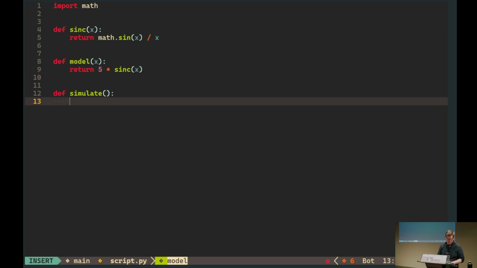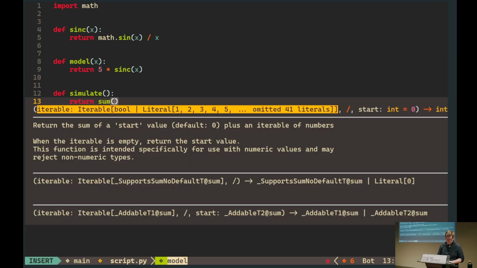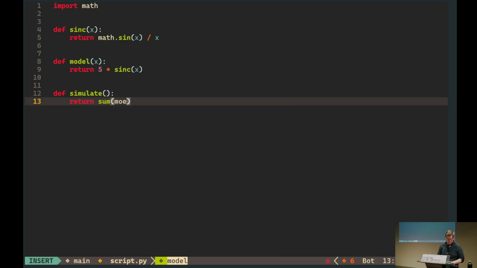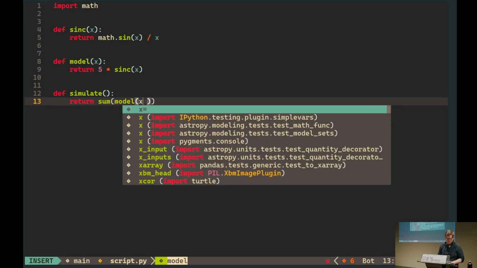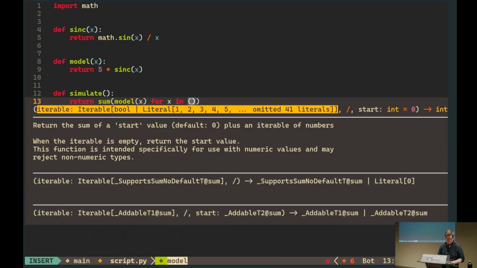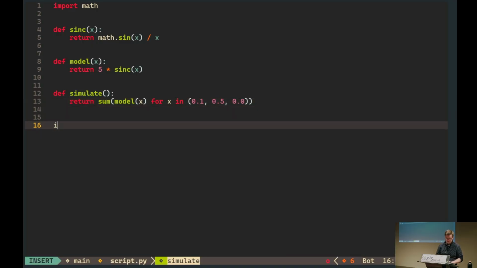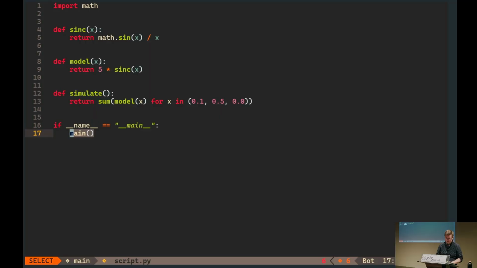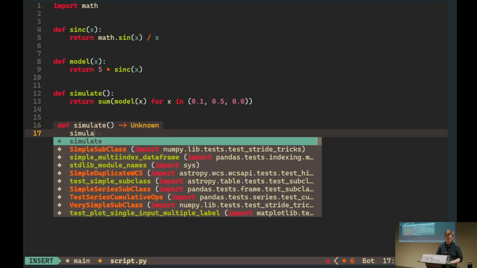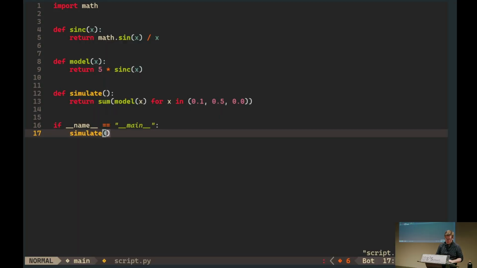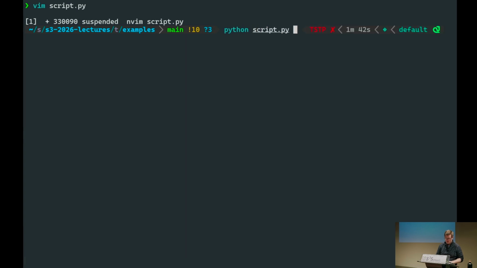So maybe it's sum of model x for x in 0.1, 0.5, 0.0. Yeah. And now you have the situation where if you do this actually, right? So if you say, I want to simulate, this is very constructed, I have to admit, but I mean, you